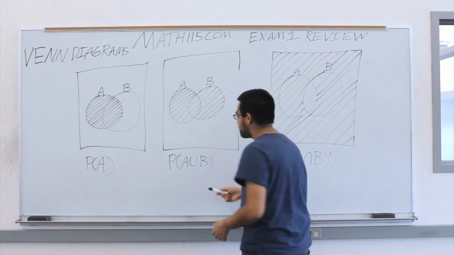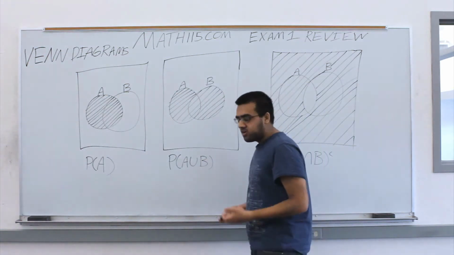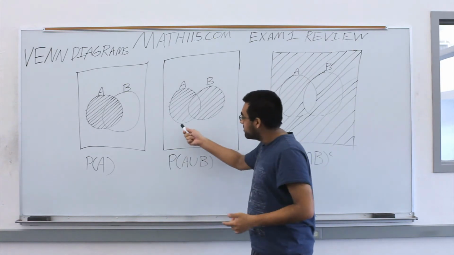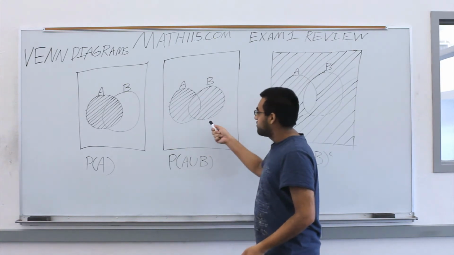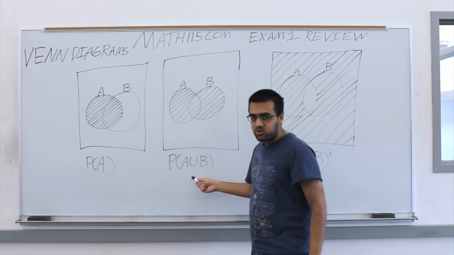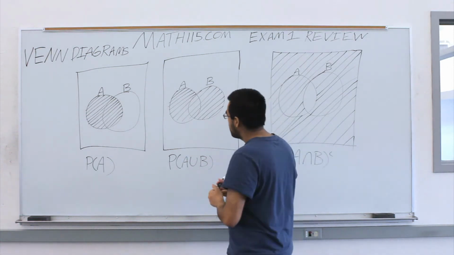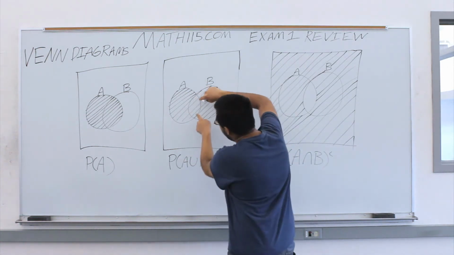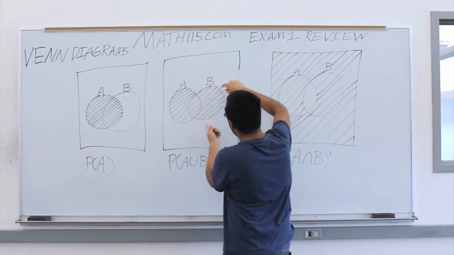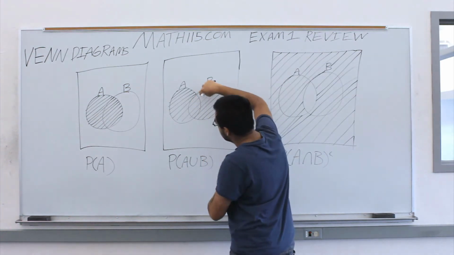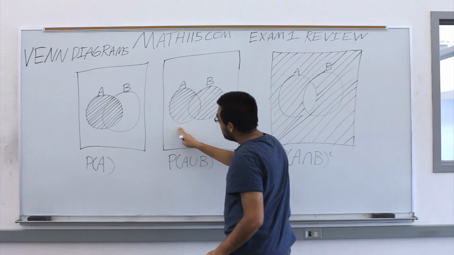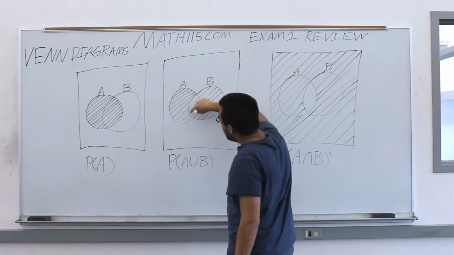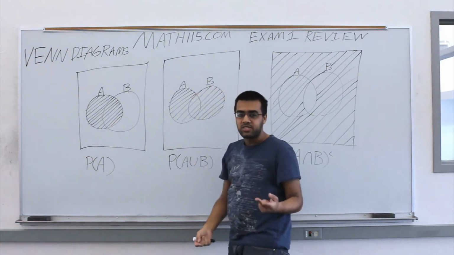Over here, we have the probability of A union B. Now, a lot of people want to take the probability of A and add it to the probability of B to get the union. However, if you look at the probability of A, you have to keep in mind that there's an intersection right here. And if you look at the probability of B, there's also the intersection right there. So if you take A plus B, you'll be adding the intersection 2 times,